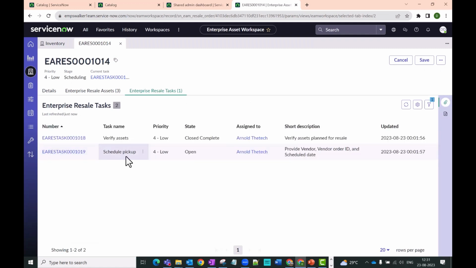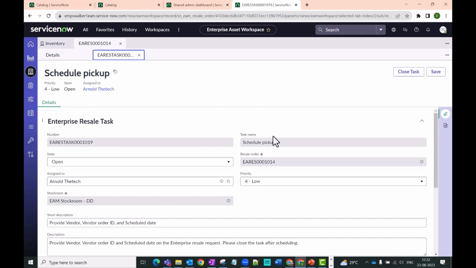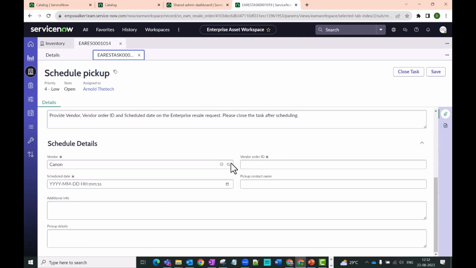This will launch the second task. What is the second task? The vendor detail. Now we need to fill the vendor details. So let's put a vendor ID, date 2 days from now, contact, or from the vendor side,